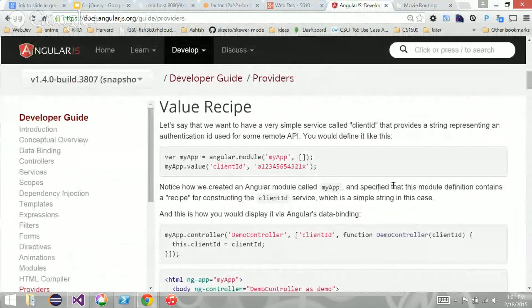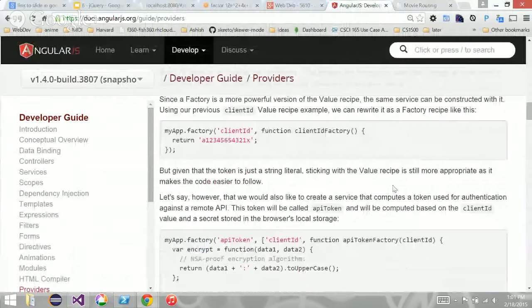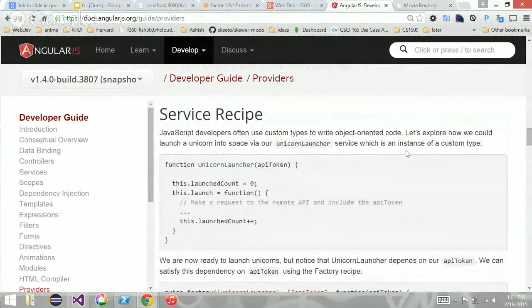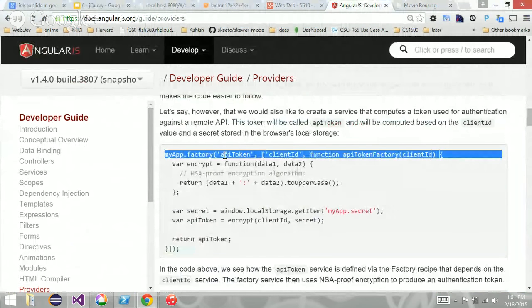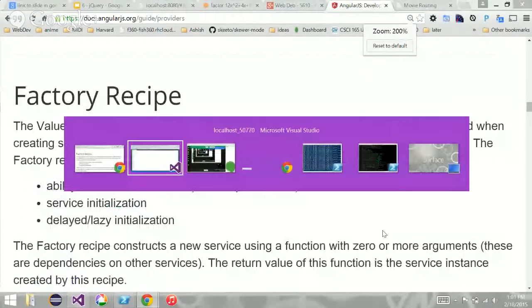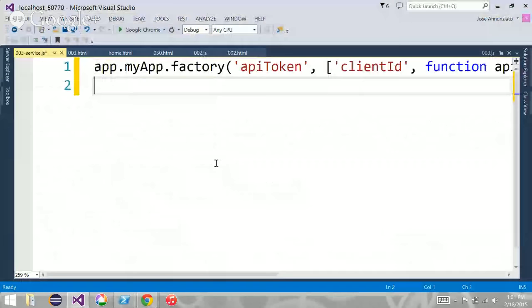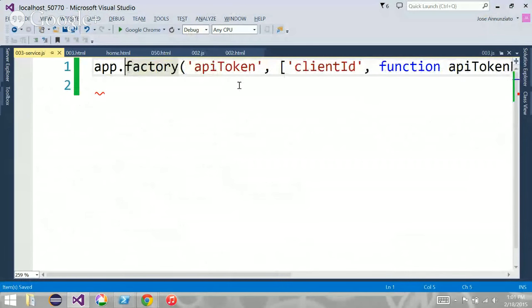All right, so to declare a service, there it is. What we do is declare a factory. We say my app factory. This creates a singleton, one instance.